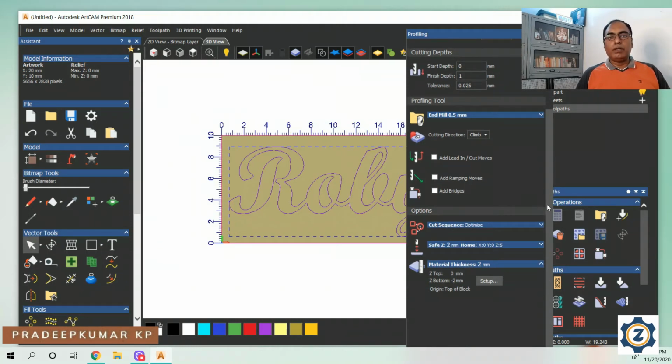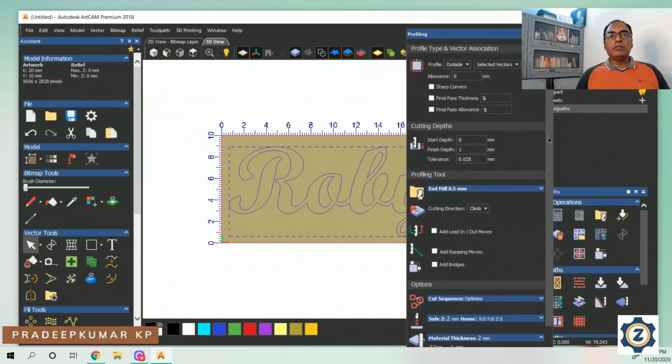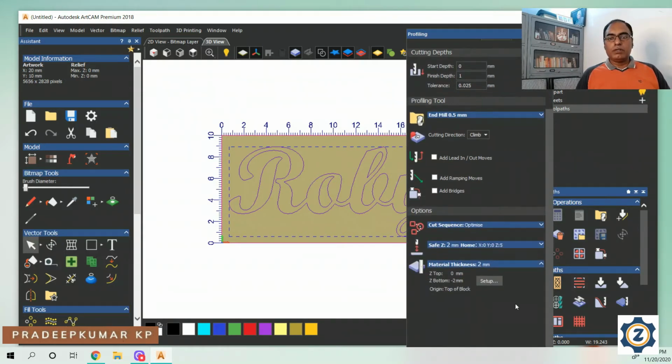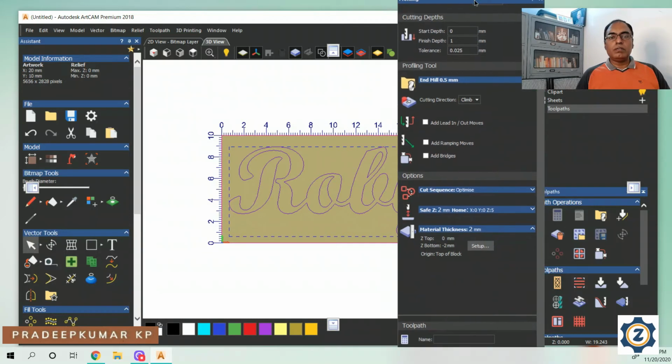Now what we can do is, you can see that it's a very big template, so it's not accommodating here in the screen itself.